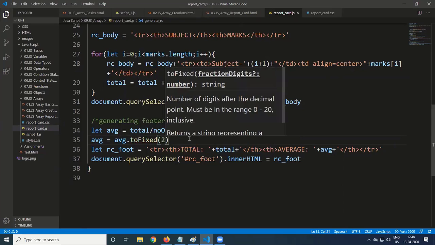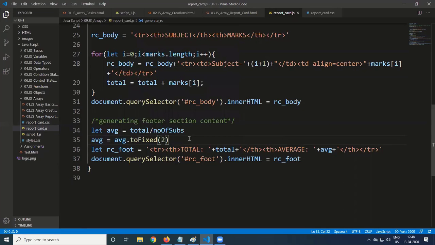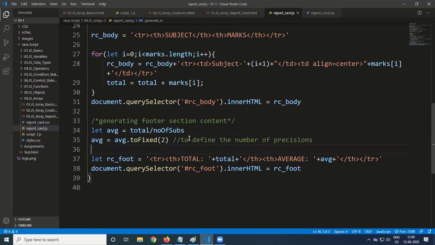To fix how many digits after that? To a fixed number after the decimal point, 2 digits, to define the number of precisions. We use average is equal to AVG dot toFixed of 2. After the decimal point, only 2 digits should come.